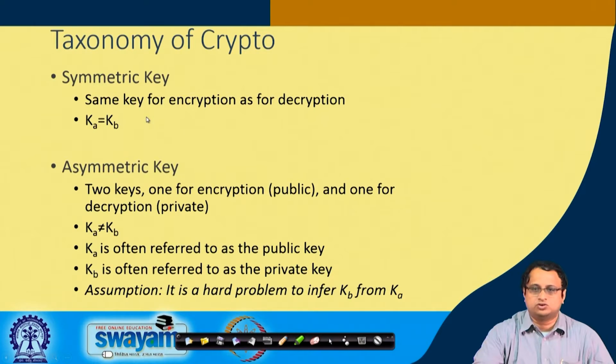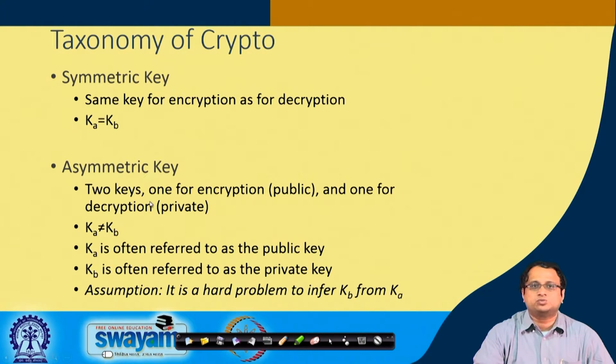The first one is probably very intuitive, which is called symmetric key cryptography. It means those encryption algorithms where the encryption key and the decryption key are the same. That means if I want to encrypt a piece of information and decrypt the cipher, I essentially share that key with my recipient. So there has to be some kind of trusted channel through which that secret key is shared. Now, you can immediately understand that if there are n players in a network and all of them are connected with each other, then the number of keys can increase exorbitantly, quadratically, and therefore we need efficient mechanisms to do this key exchange.